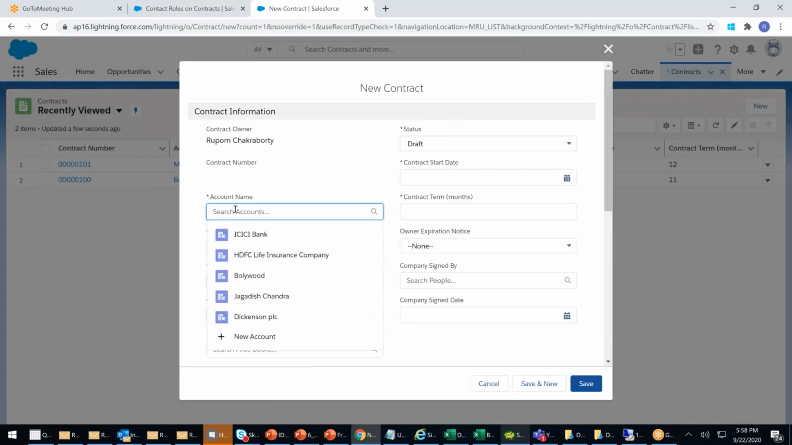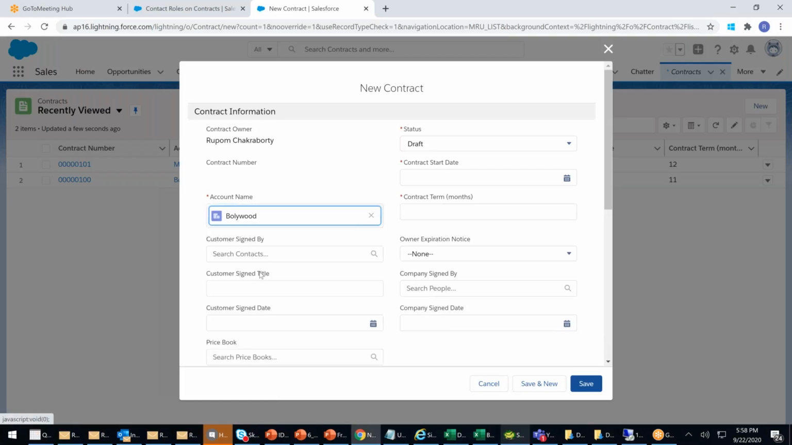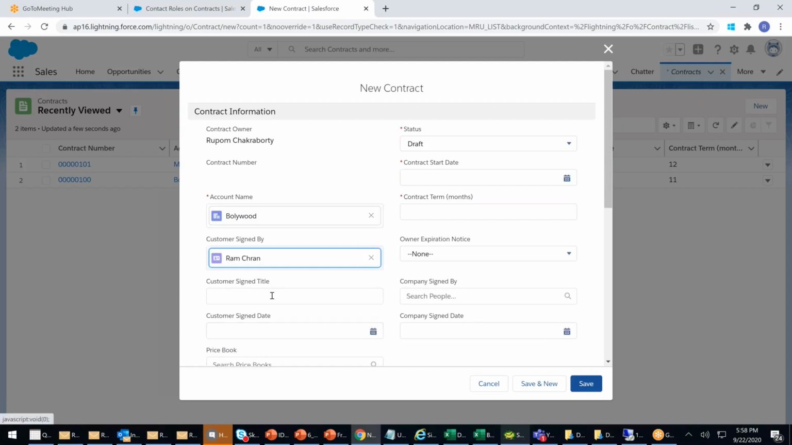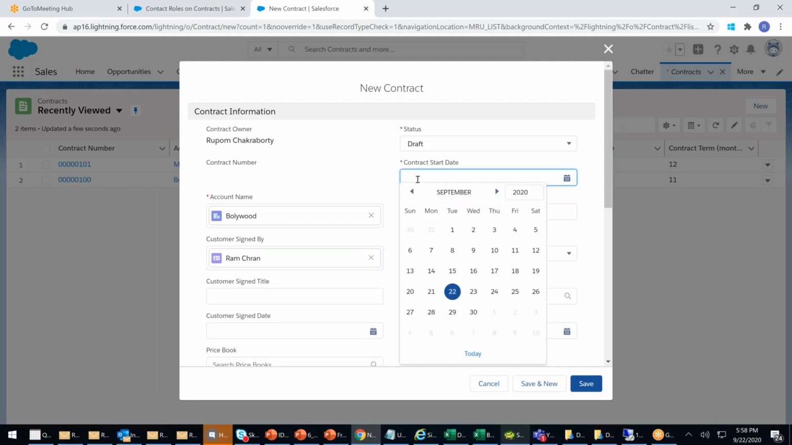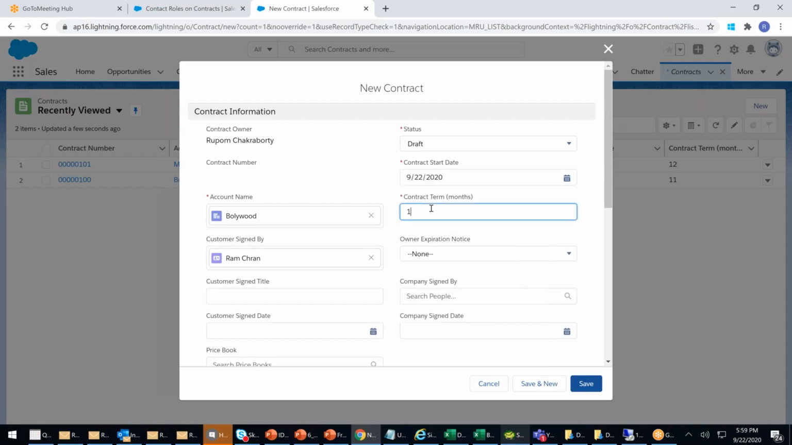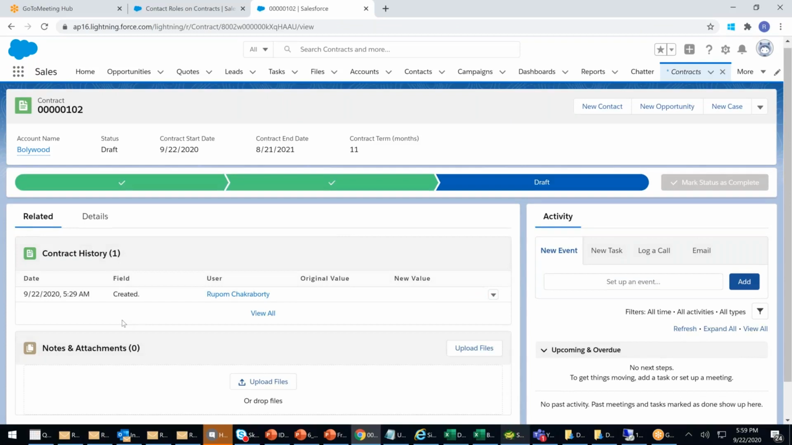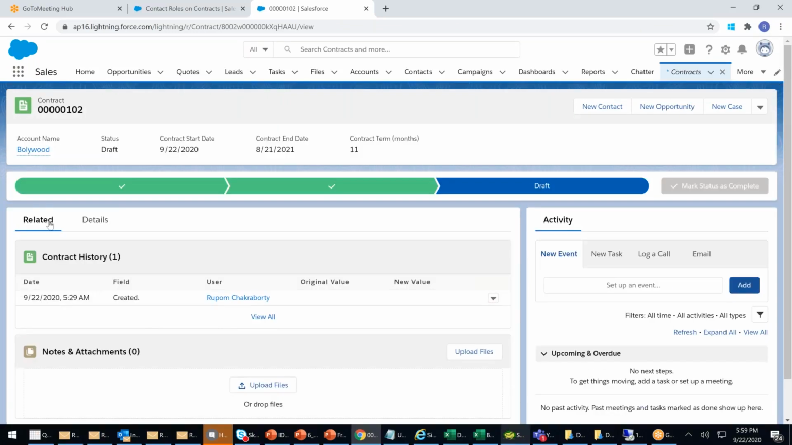Which account you want to do? I want to go ahead and create it on Bollywood. Who signed on behalf of Bollywood? Ramcharan. I'll fill all the information. Contract start date today, 11 months. I click on save. A contract got created. When I go to the contract, I don't see in the related people how many people